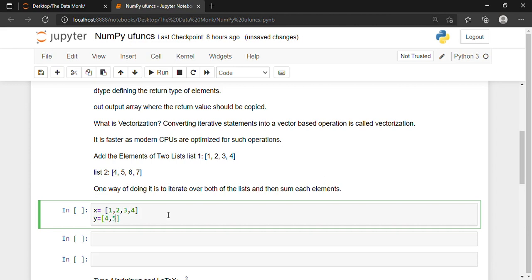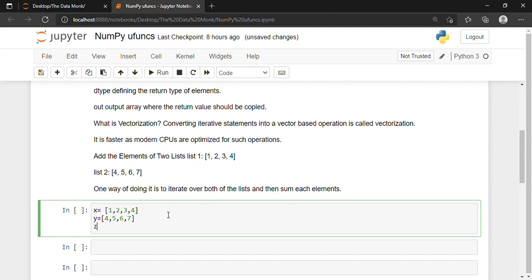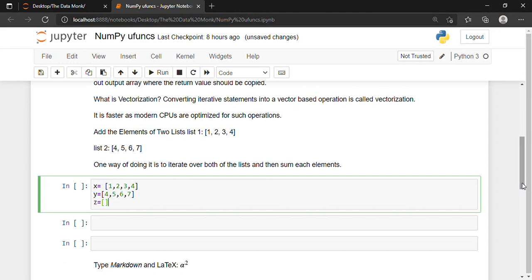I've created these two lists, and I've created z also, but it does not have any element yet. I'll use z to store the added elements of x and y.